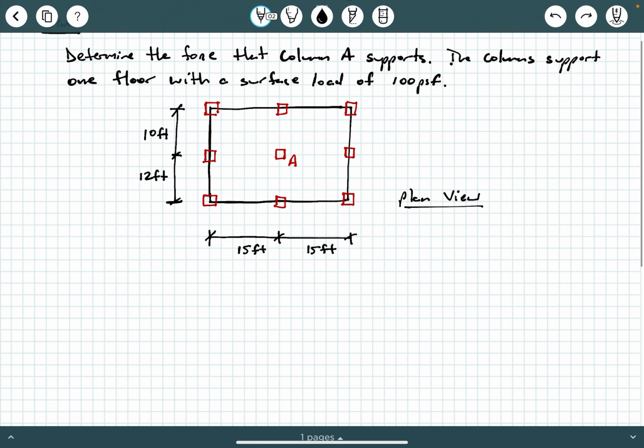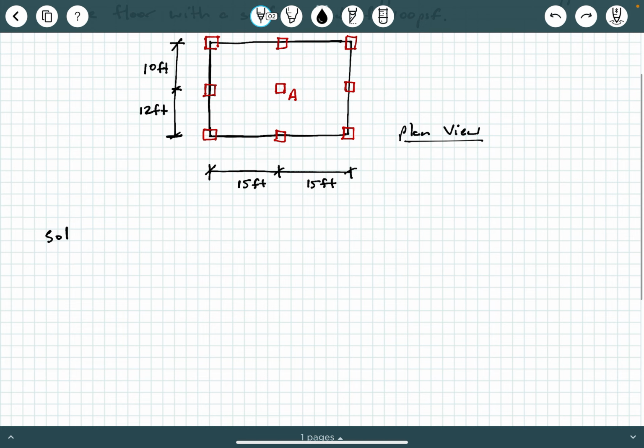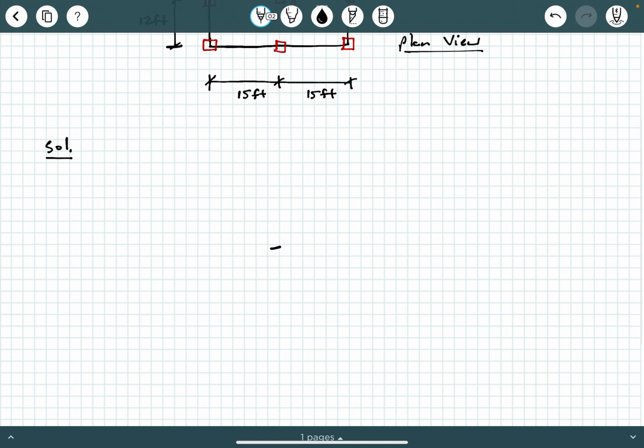So here's what I'm going to do. I'm going to write solution. Now, before I do any calculations here, I want to go ahead and visualize this. Remember, I've said this in some of my other videos on this topic. A big challenge with these kind of problems is really just the visualization. So to help me visualize this, I'm going to draw some 2D views